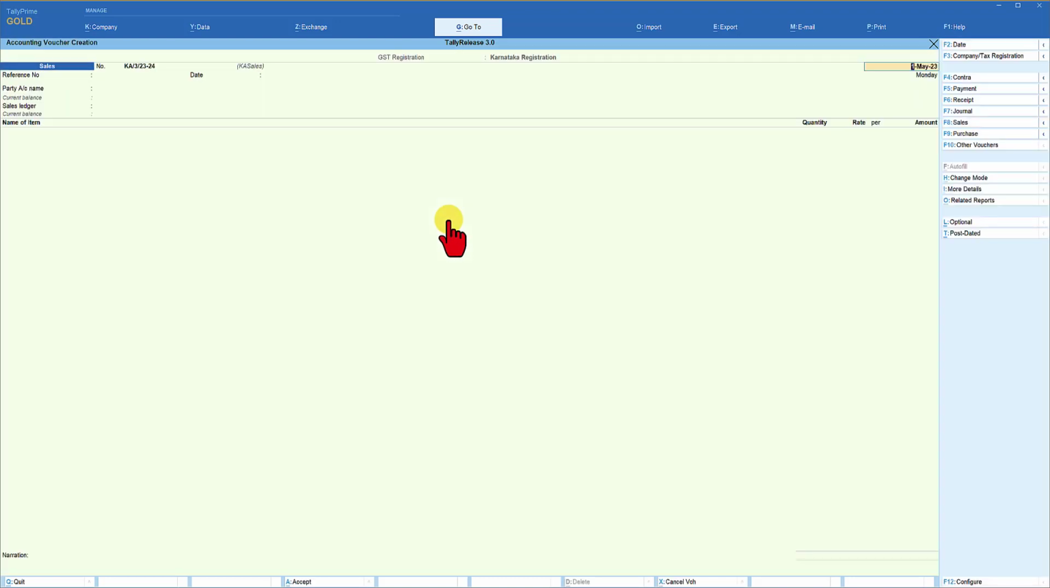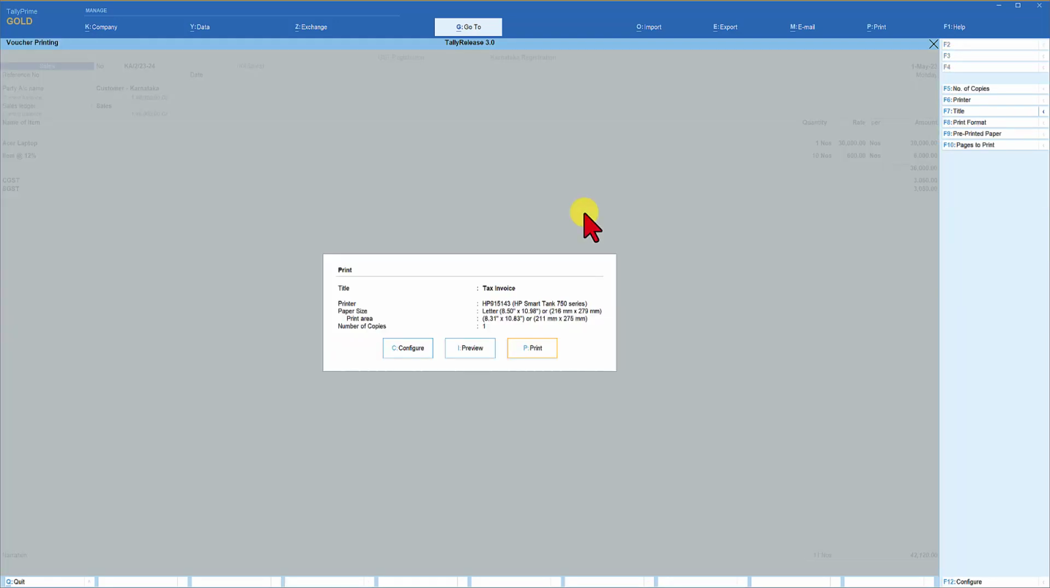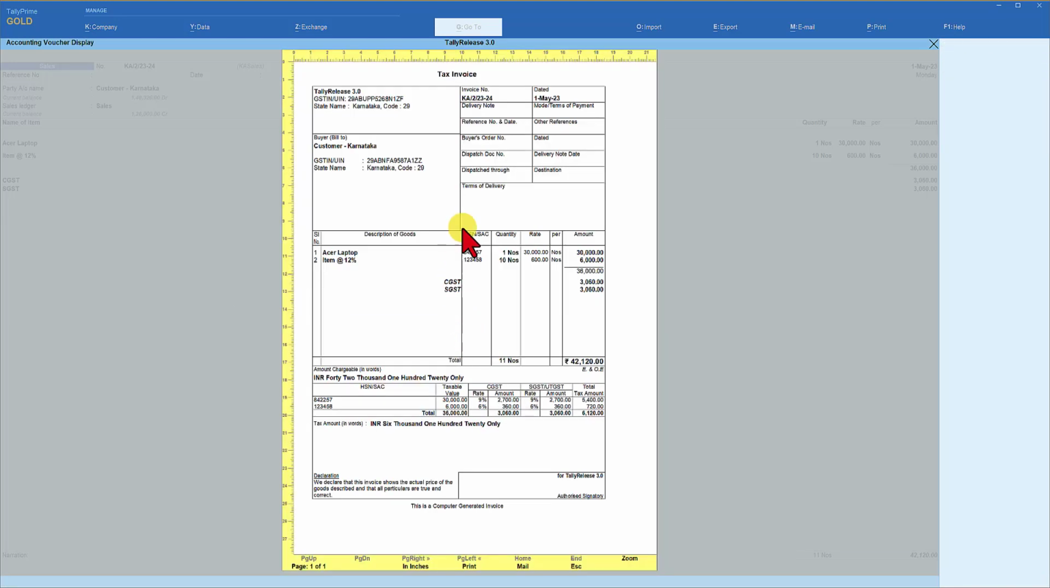Let us view the tax invoice. To view the tax invoice of the saved voucher, all you need to do is press page up. The previously saved voucher will get recalled. To view the tax invoice, you are going to press Ctrl P so that you can print the current report. Come to preview, click on preview, and we will now see the detail of the invoice here. The first item